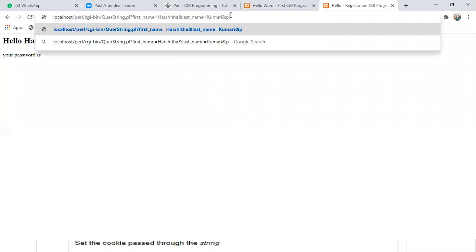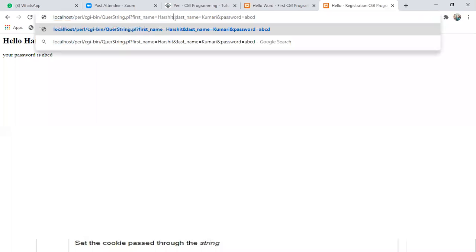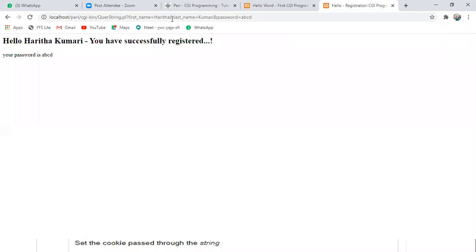I can add any values like ABCD. I can edit here itself, instead of Harshita I can make Harita, right? Harita also I can make, because this is not secure.